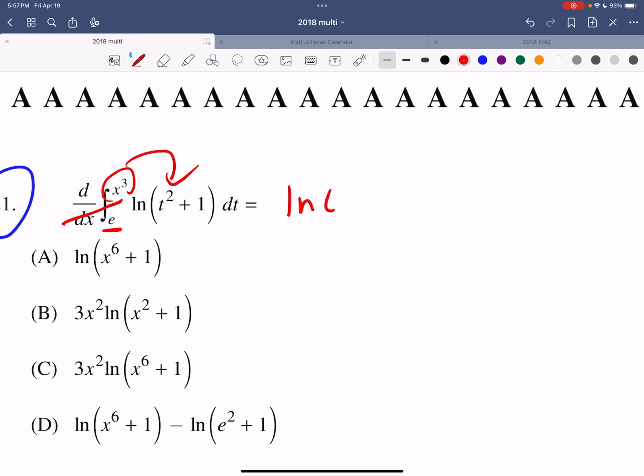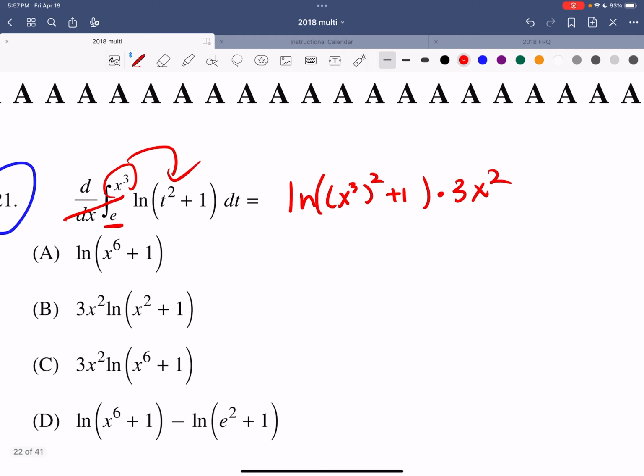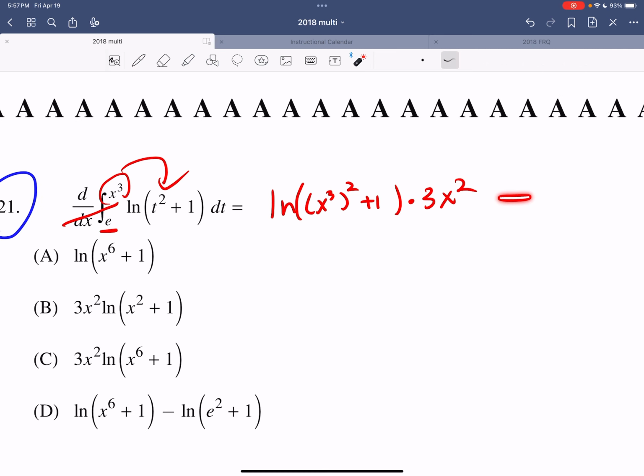Natural log of, instead of t, now I'm going to put x to the third power squared plus 1. I forgot the entire parenthesis. Times the derivative of x to the third power, which is 3x squared. That's what you're doing. And supposedly you have to do minus this one, but in that case, what happened is